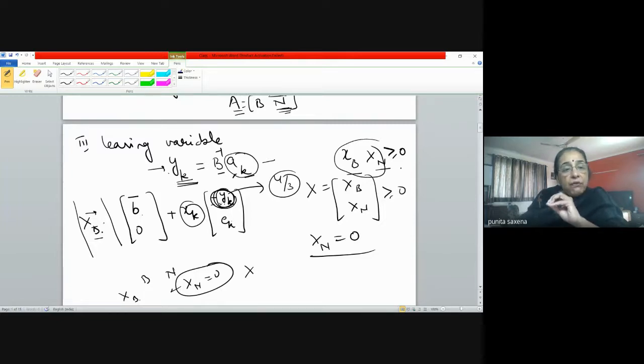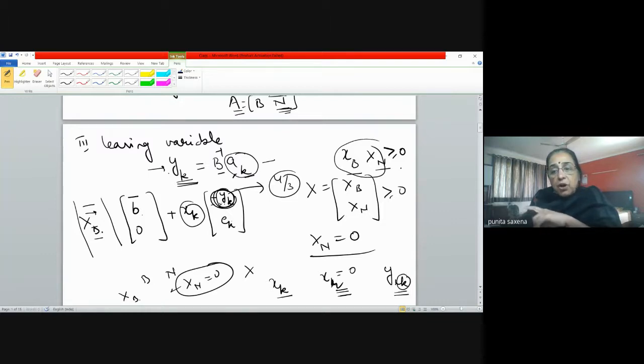So ultimately, if I have a variable which is at a non-zero value here, and it has to leave the basis and become a non-basic variable, that means I have to put that variable equal to 0, say xr equal to 0, because this is going to be my leaving variable. So if xk is my entering variable, then xr is my leaving variable. तभी हमने जब थ्योरम में किया तो हमने क्या टर्म लिखा था, yrk. Why? Because K stands for the column that is going to enter the basis and R stands for the column that is going to leave the basis.